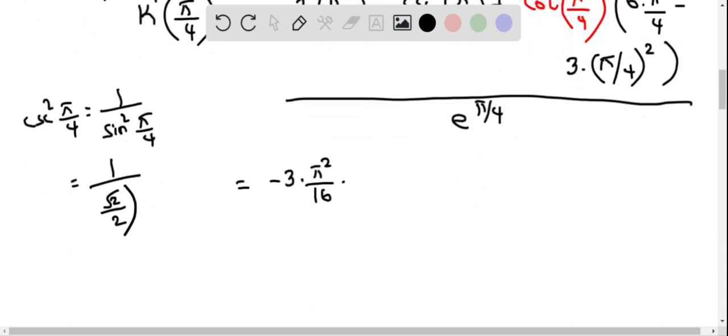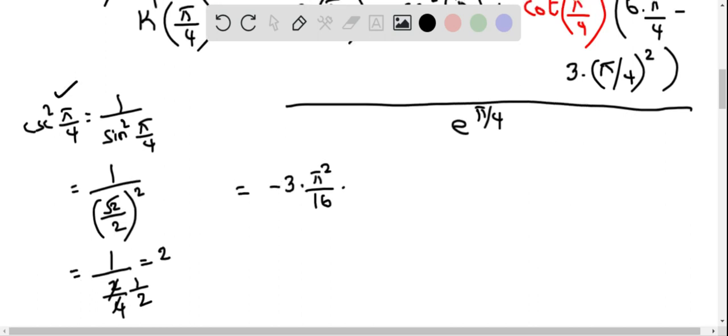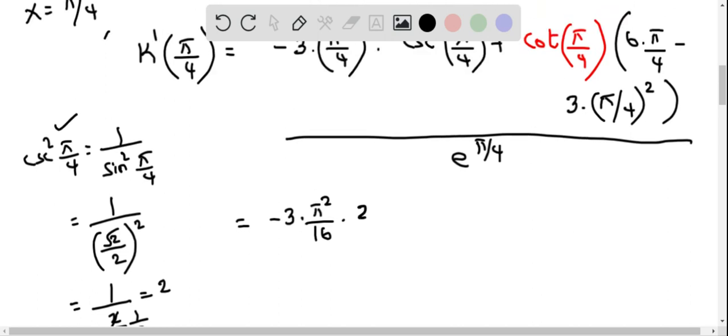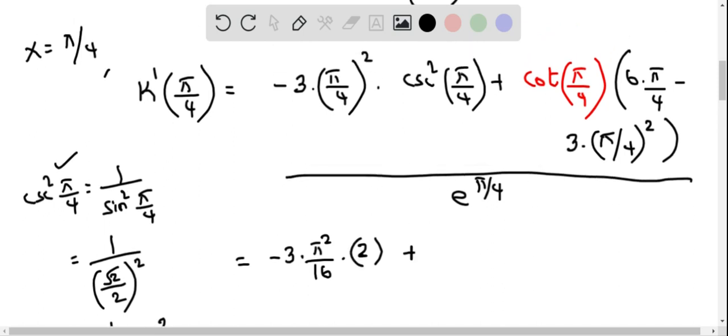So this is root 2 over 2 quantity squared. And so this becomes 1 by root 2 squared is 2, and 2 squared is 4. So this is basically half. So 1 divided by half equals 2. So therefore cosecant squared pi by 4 equals 2, which I replace here, and then multiply with,